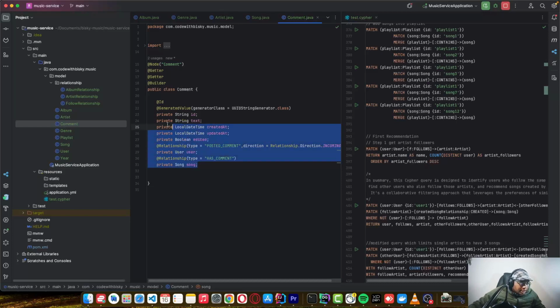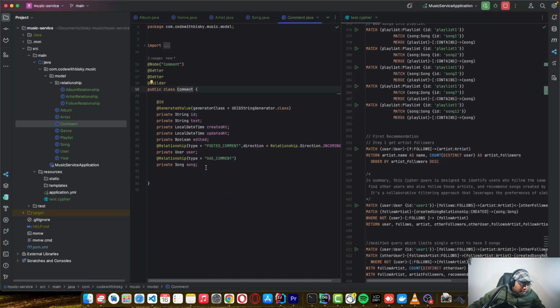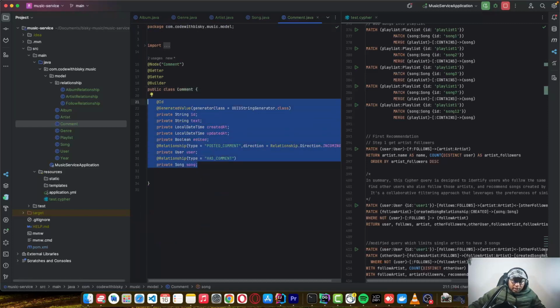So these are the relationships for the comment, and also for the user who posted the comment, and we want to know which song this user posted. And also, in our user, you can see we can have this list of posted comments. So that's okay here. The next thing,